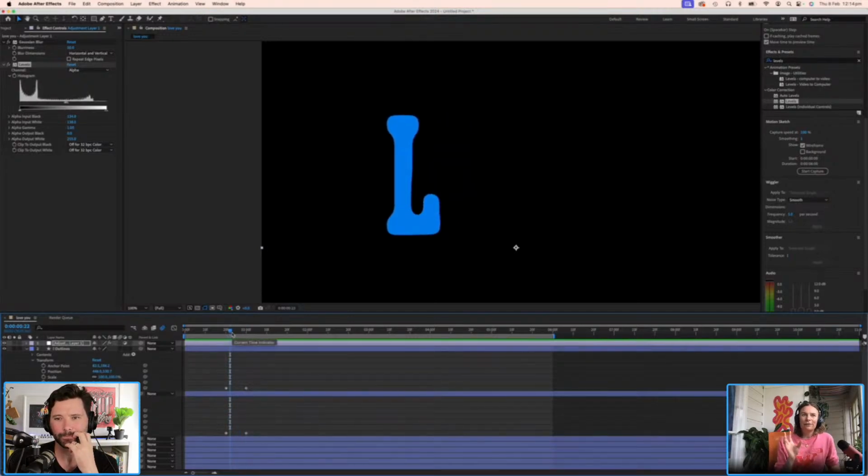Before I learnt about this beautiful little combo of techniques, I would have probably tried to morph an L into an M by just using the path property, right? Physically moving anchor points around until it went into the correct shape. Yep. And if you've got two letters that are similar shapes and sizes, that can work really well. And it can be a super elegant transition.